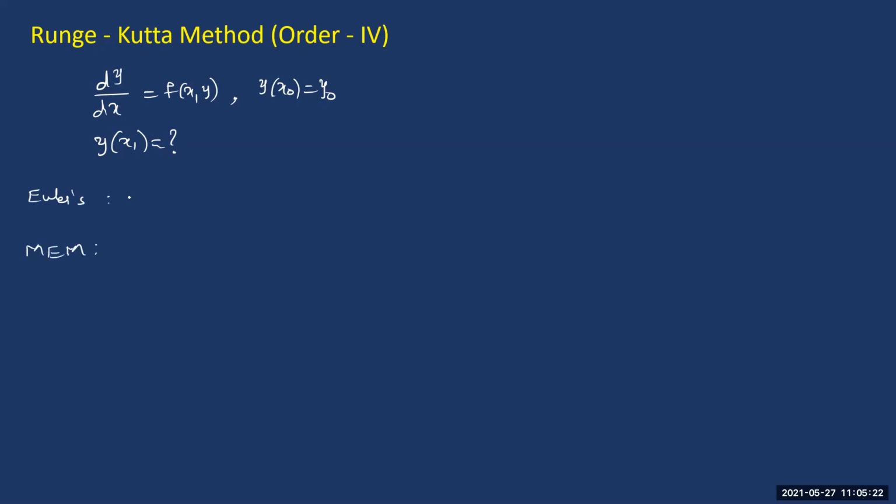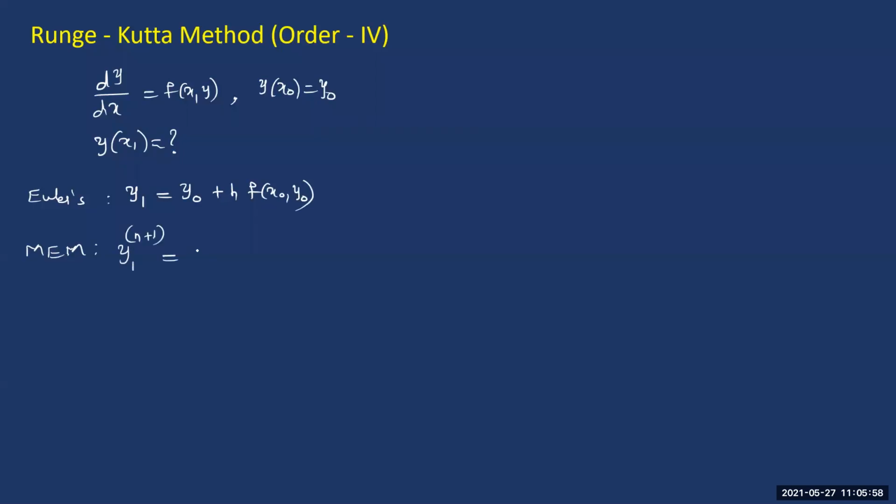Now, in Euler's method, to calculate y at x1, we usually write it as y1, and y1 is equal to y naught plus h into f of x naught comma y naught. This is one formula which you are using to calculate y1, but as we had already seen, Euler's method gives a lot of error in the solution. So to refine that, we have used modified Euler's method. In modified Euler's method, whatever solution we get from Euler's method, we take as the initial approximation, and then we use this formula to calculate y1.